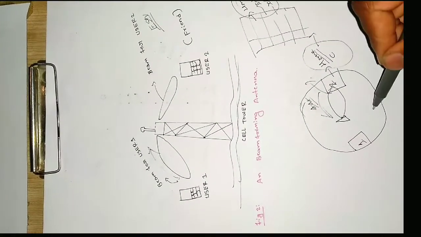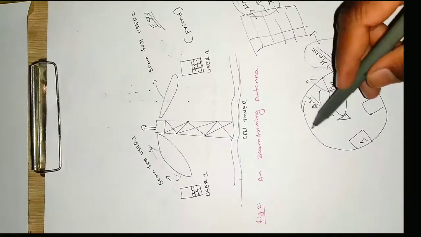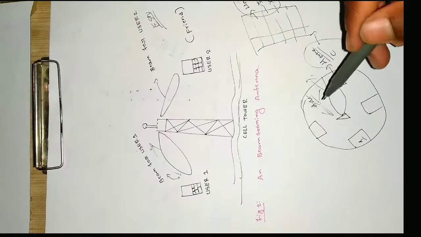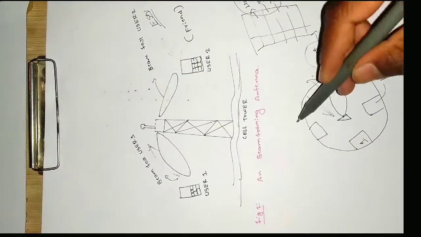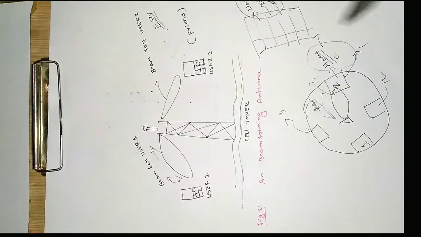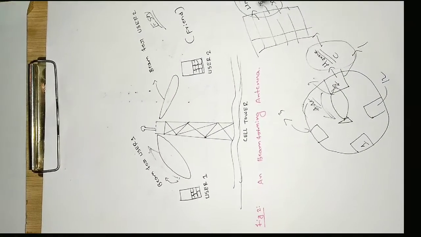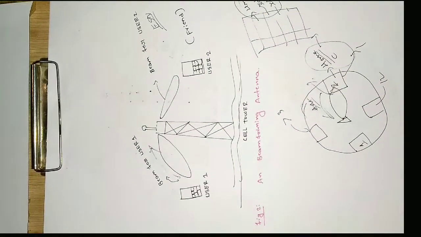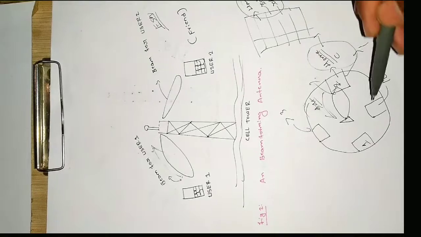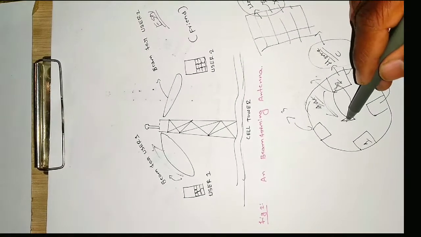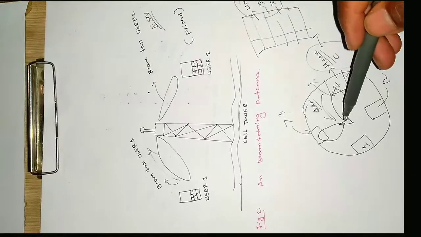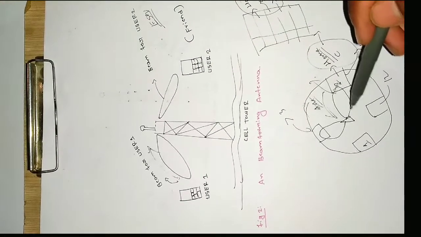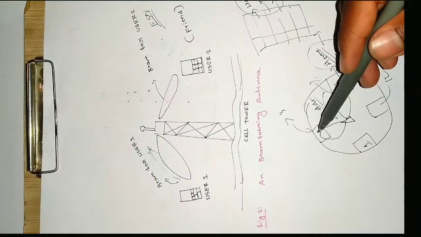So his home is here, and his office is here, and his college is here. Okay, so these are the 3 different places. So 1, 2, and 3. So next what we will do, here is the second option. So that is college. So it will put the energy in this direction now, that is towards the college coordinates. So thinking that if he is not at home, then he might be in the college.